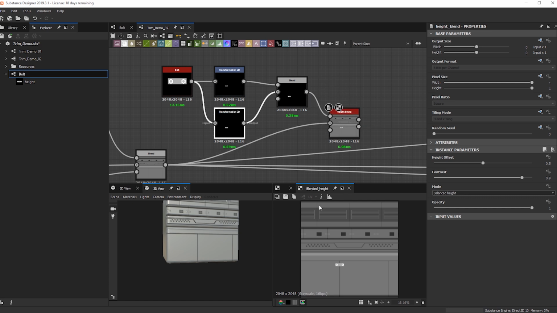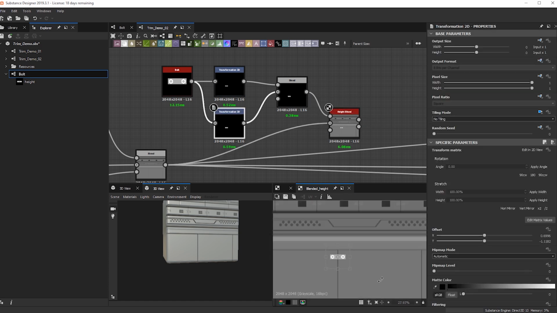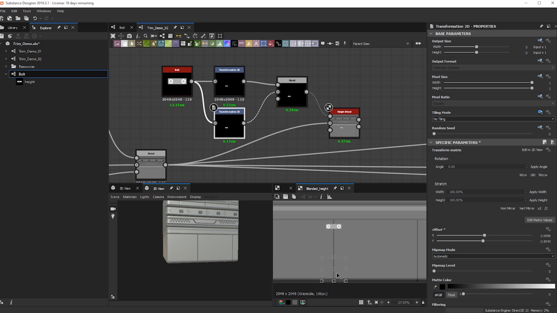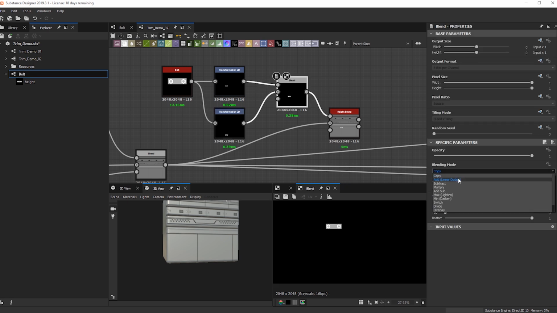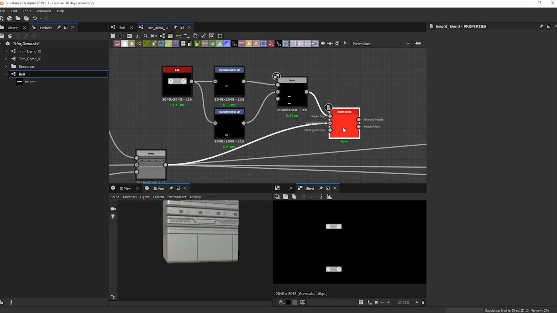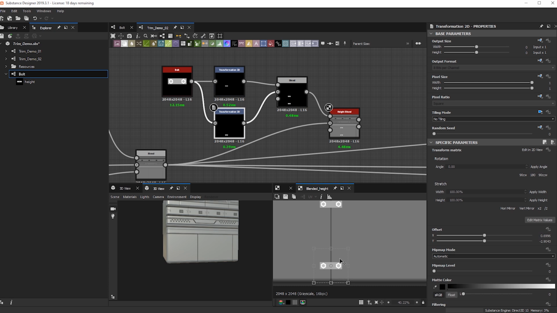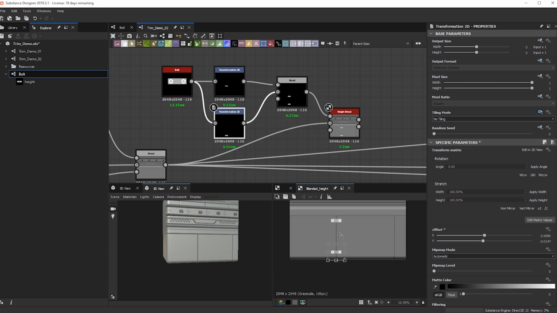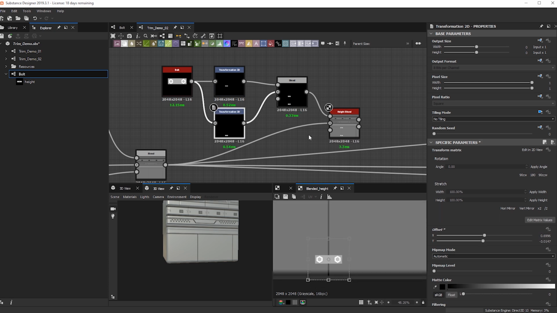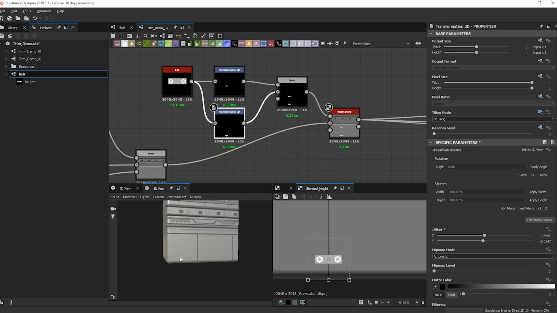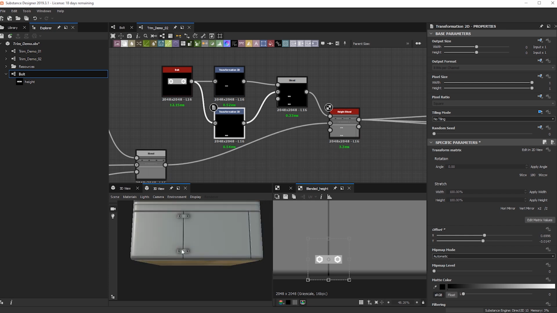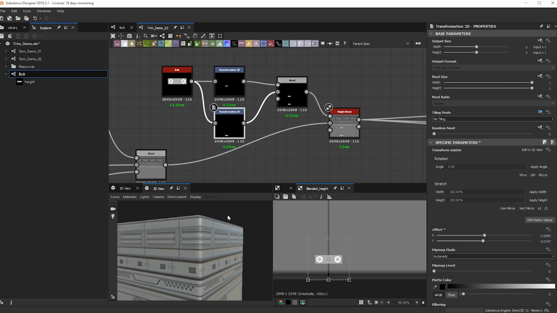So bring this guy down. I'm going to move this guy closer to this bottom area. On this guy, let me set it to add so we can see both of them. Once we have it there, perfect. Just going to align it a little better. Maybe something, yeah, that looks like it'll work. So I'm just going to plug this guy in. Cool, and now we have the same kind of piece that we do up here. We have it as bottom as well.